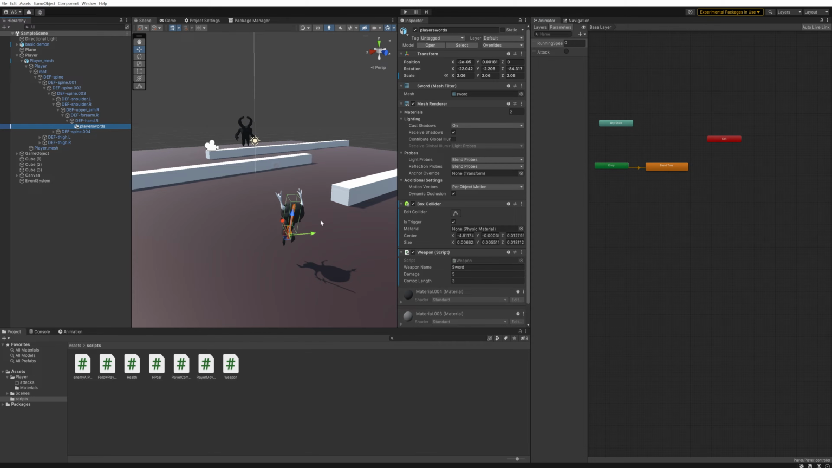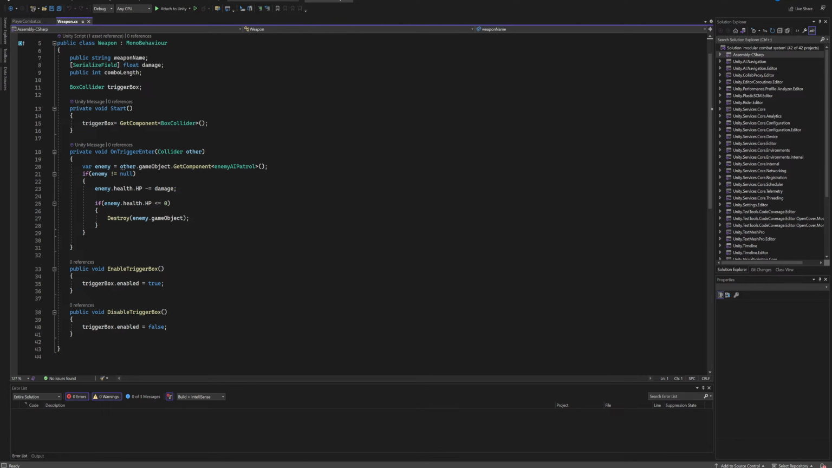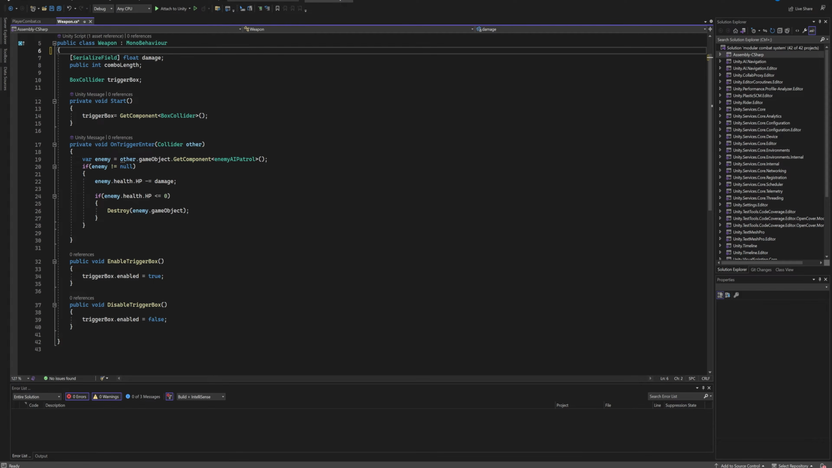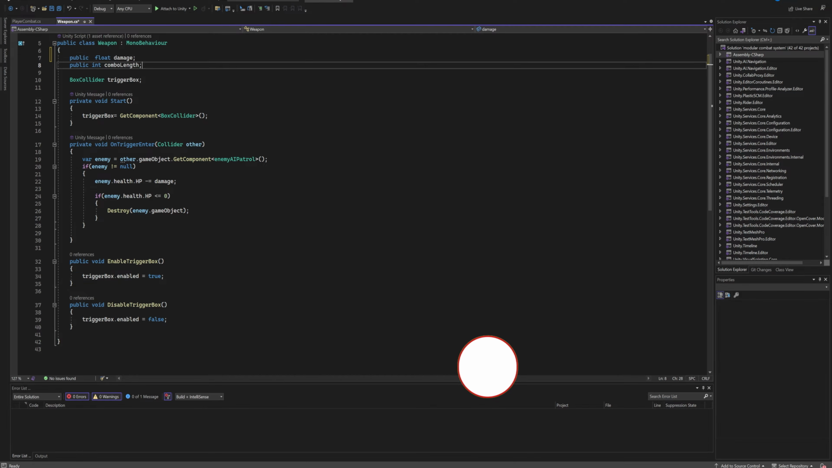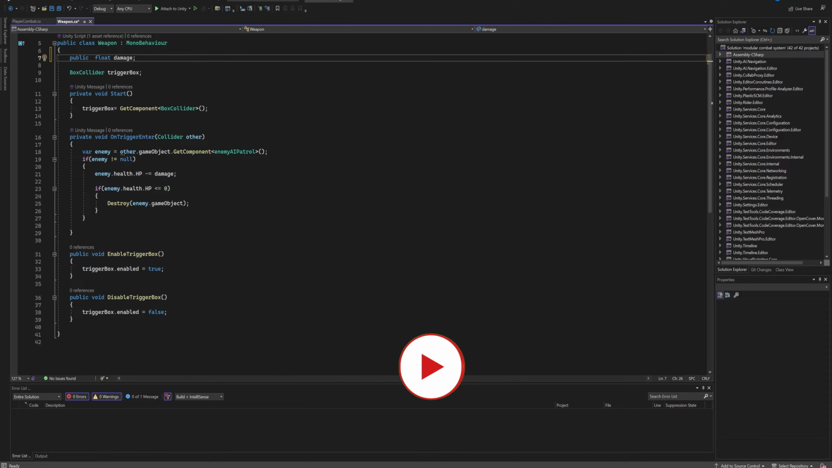So I have a sword here, which has a quick little script on it, and that script has a weapon name, which we're actually not going to be using anymore either. We've got a damage variable, which we're actually going to set to being public. A combo length, which is not necessary anymore either. A box collider. And everything this script does is when it collides with an enemy, it deals damage to the enemy. And it's got two functions to enable and disable the box collider at the start and end of every